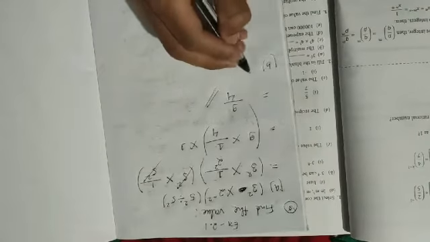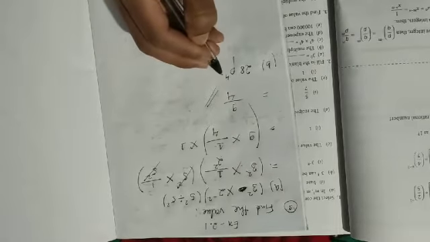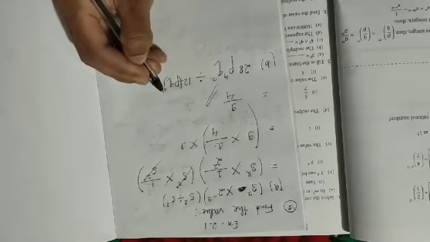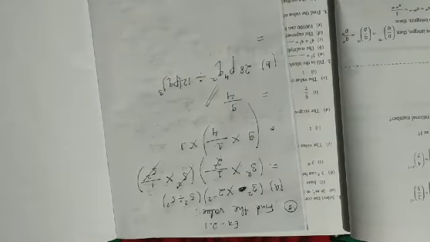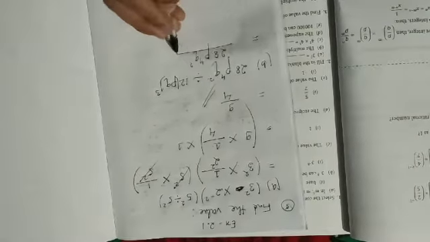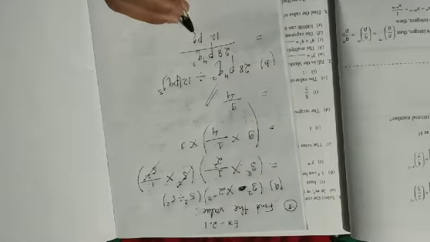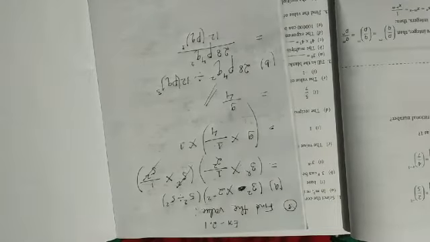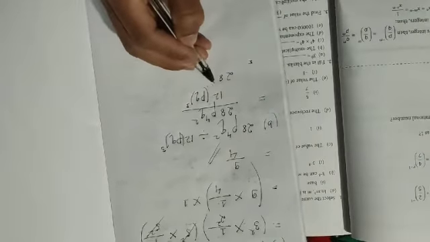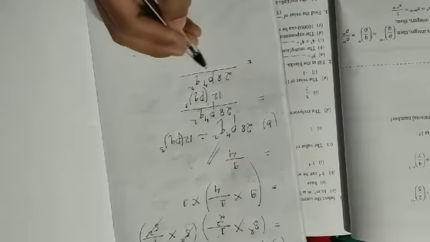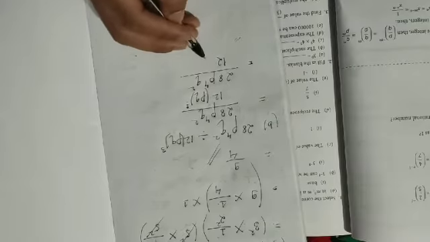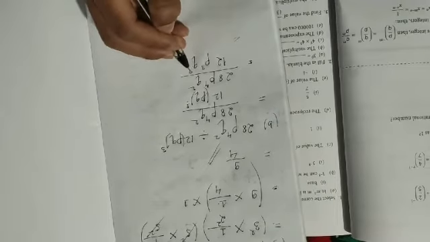Now question number B is 28p to the power 4q square divided by (12pq) whole cube. So this means 28p to the power 4q square divided by 12pq whole cube, right? So what we have to do now, we have to open the bracket in the denominator, p to the power 4 q square divided by 12. Now this cube is for p and q, right? So p cube, q cube for both.